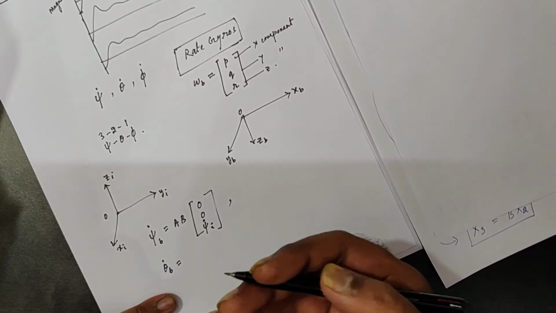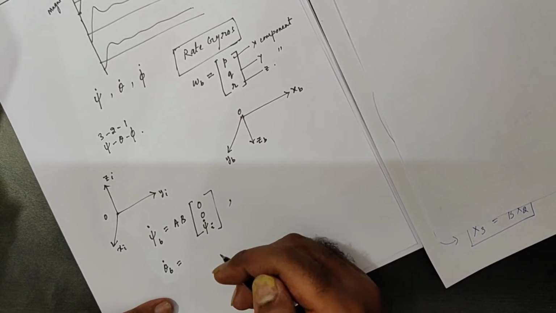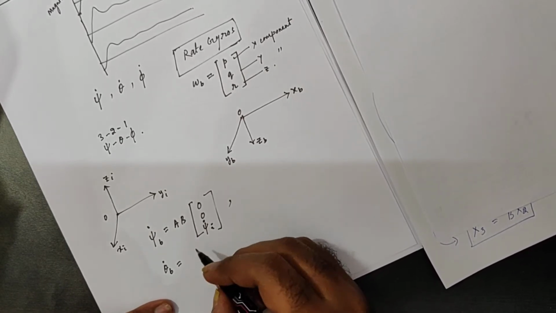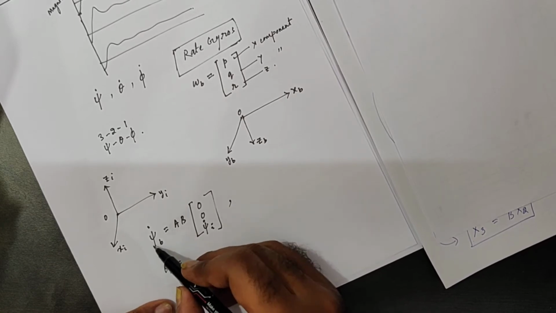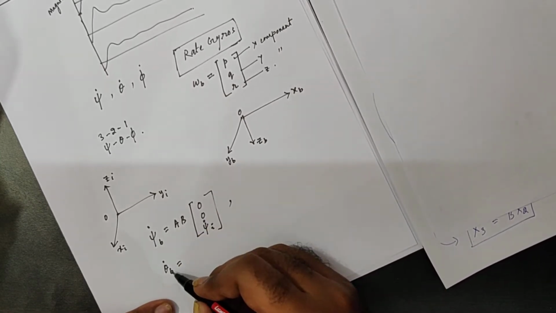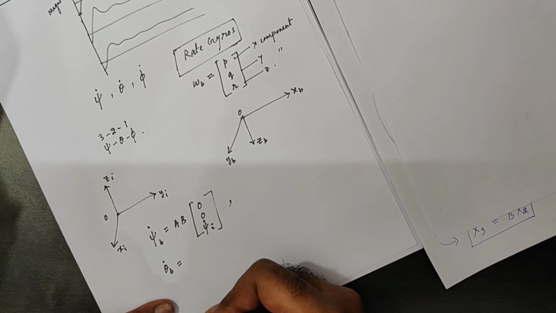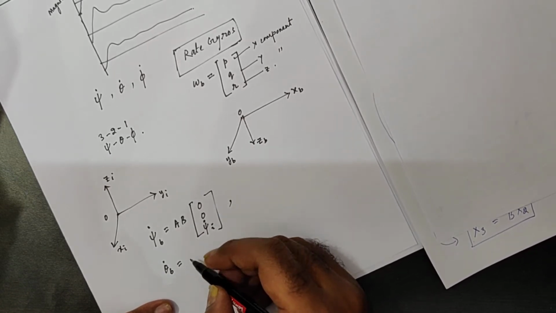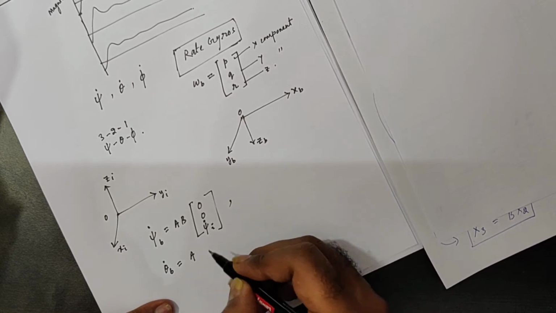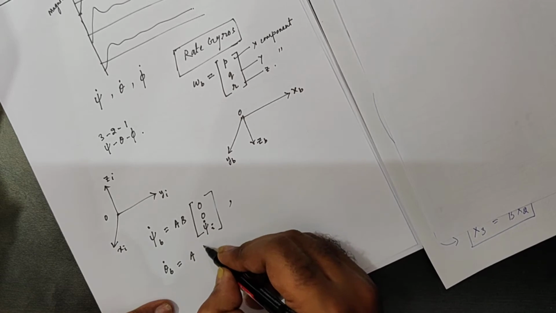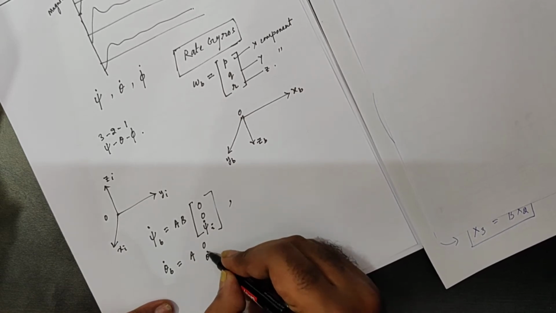How many times does it have to be transformed? These two have already been done, so we need not do anything with psi anymore. It has been transformed. From theta, next we have to do phi. We need to do it once from here, so that is about phi only. That will give us 0, theta dot,